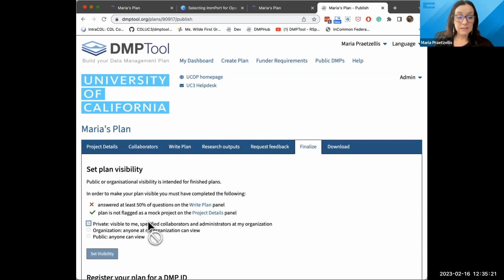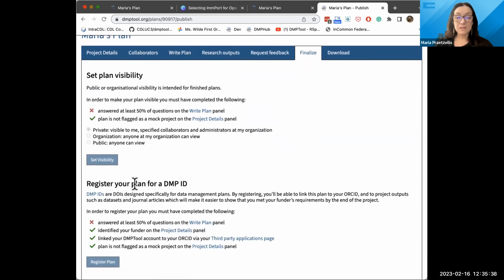You can finalize it. So again, it's going to be private by default. If you choose to make it organizationally viewable, you can do that. And if you think you have a really great finalized DMP that you want to share, you can set it to public. This is where you can also register your plan for a DMP ID,